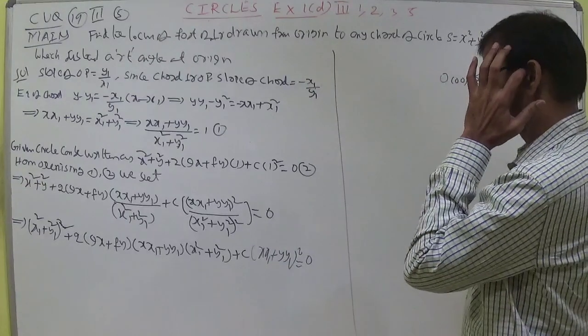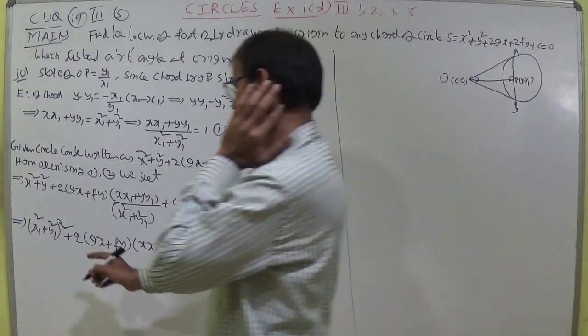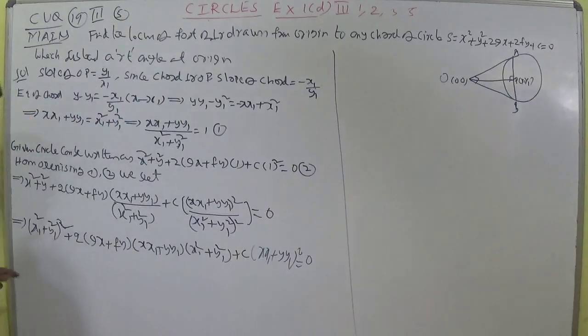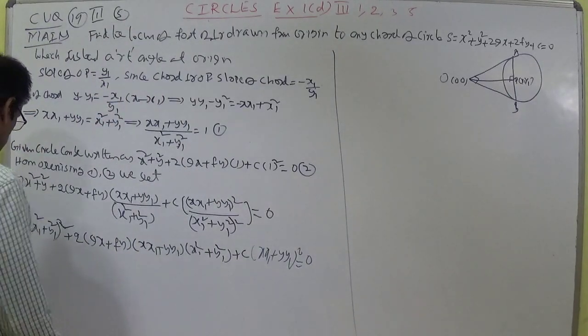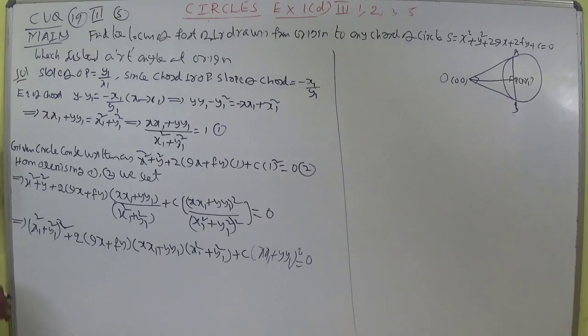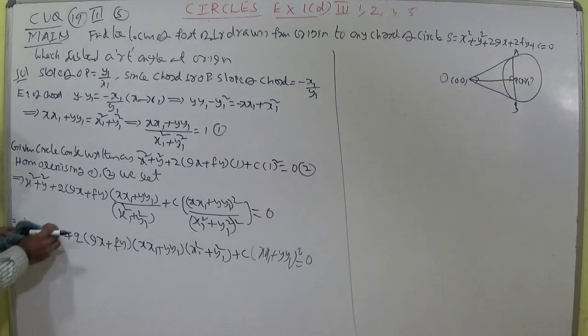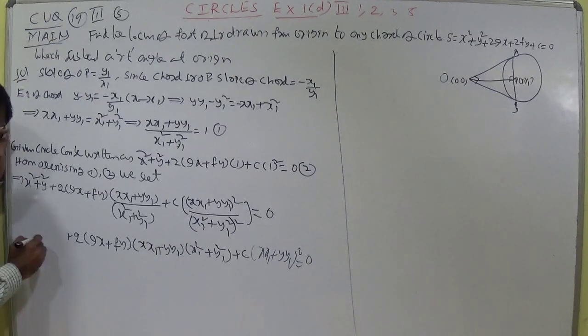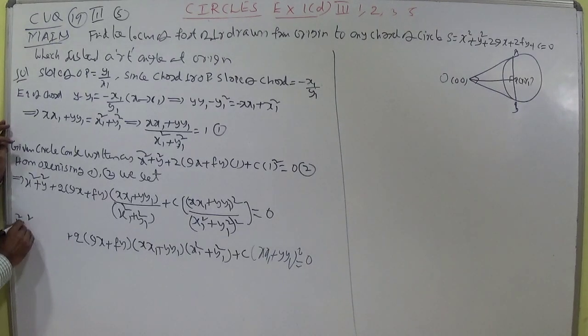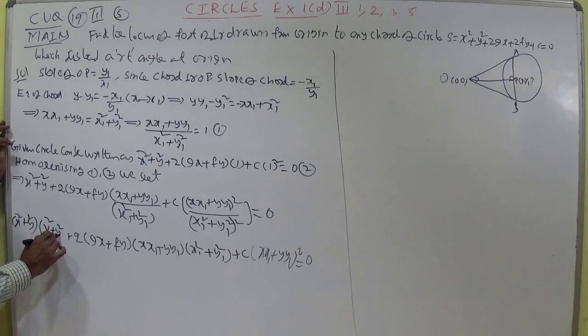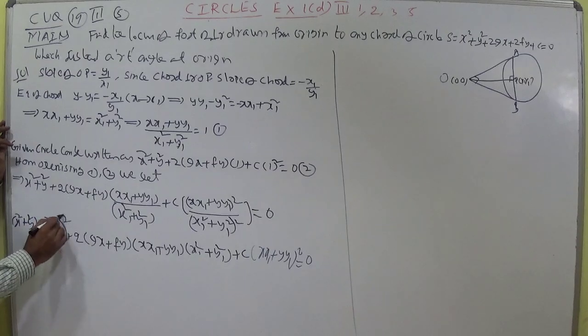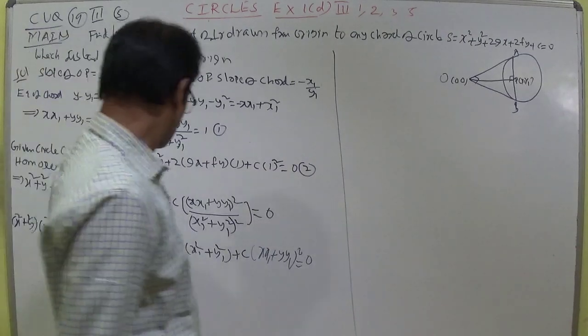Now we can expand, this is x1 square plus y1 square whole square into, students I did not write here, into x square plus y square. So we can adjust now. Here x square plus y square into x1 square plus y1 square whole square I am writing. This is x square plus y square into x1 square plus y1 square total whole square. So now we can multiply.